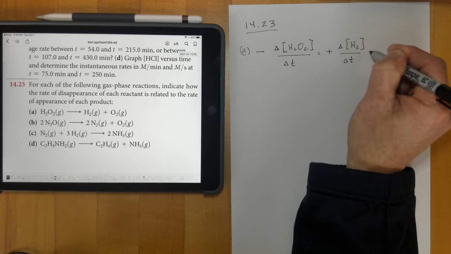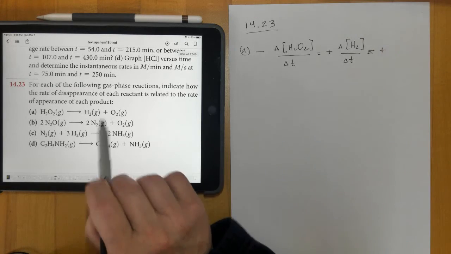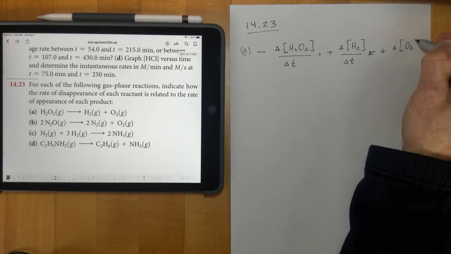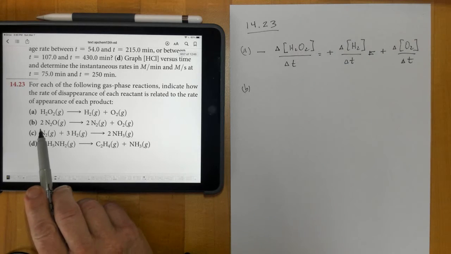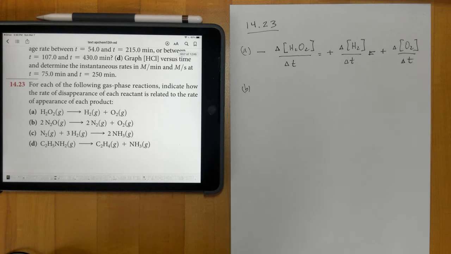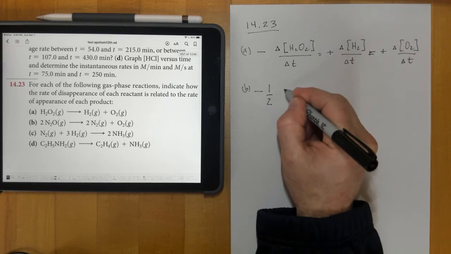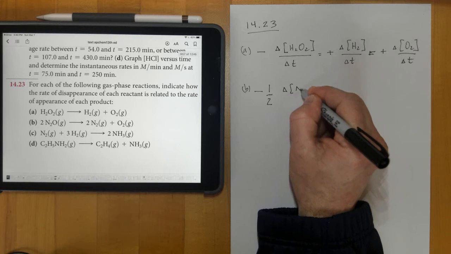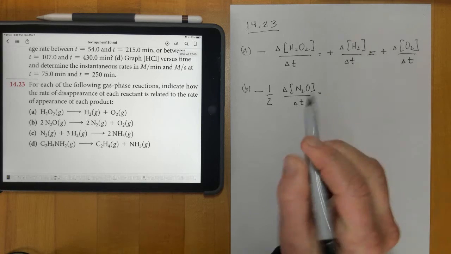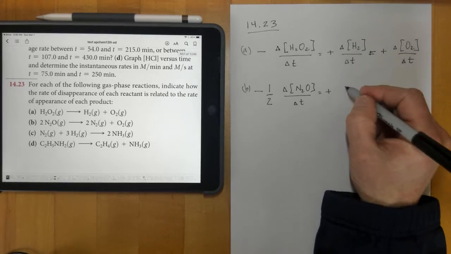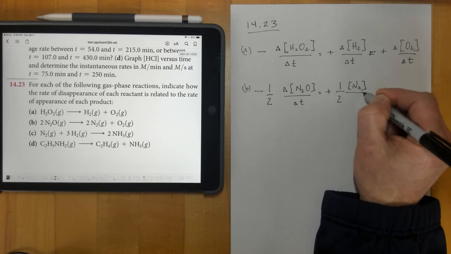every unit time, plus we also have, well, equal to, plus one of these O2s that's appearing as well, the concentration of O2 per unit time. Then in letter B now we start to get where we have some coefficients, and remember it's always the inverse of the coefficient, and so for the disappearance of 1/2 of the change in concentration of N2O per unit time, we are equal to the appearance, so positive sign, of the 1/2 of the concentration of N2 per unit